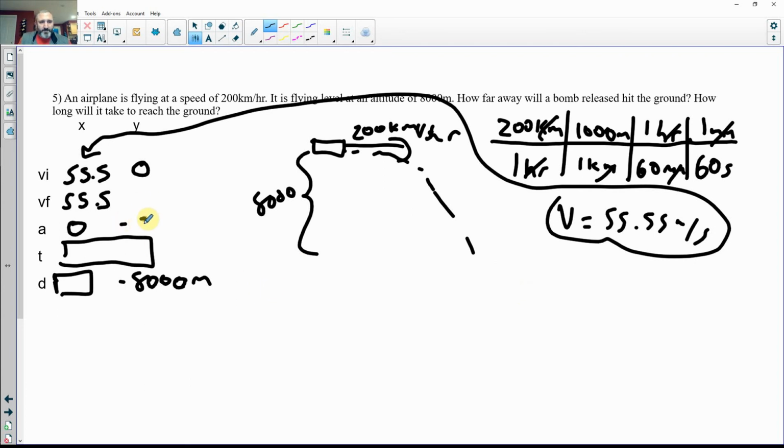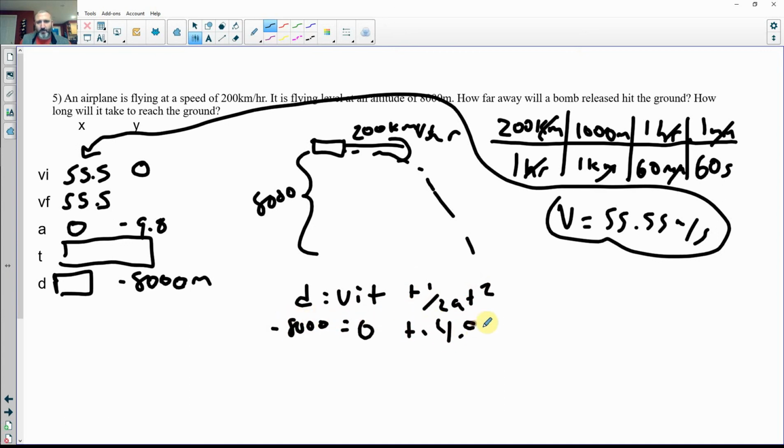The acceleration here is negative 9.8. So Vi, a, and t is what we're looking for in d. I'm going to say again, d equals Vi t plus 1/2 a t squared. Negative 8,000 equals 0 plus negative 4.9 t squared. Just to clean this up, it'll be negative 8,000 divided by negative 4.9. That will be